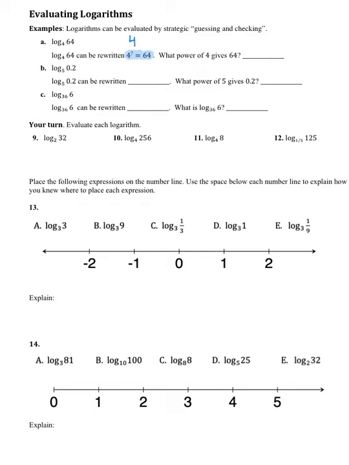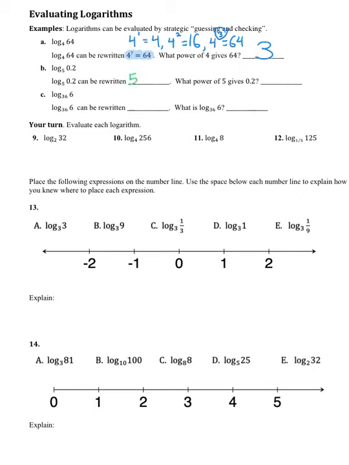So for example, 4 to the 1st power equals 4. 4 squared equals 16. 4 to the 3rd power equals 64. So there it is, it's 3. So the 3rd power of 4 gives us 64. That's kind of the idea with these particular problems. Rewrite them in exponential form and then kind of think it through. The second one can be rewritten as